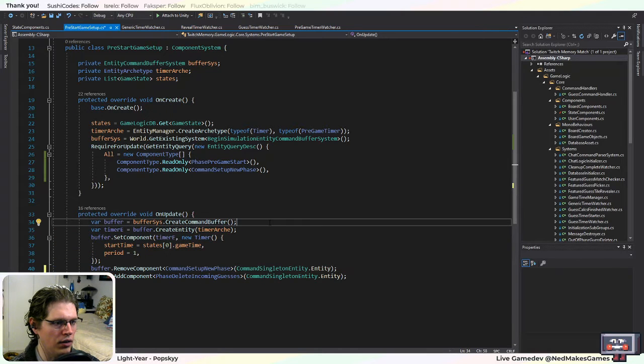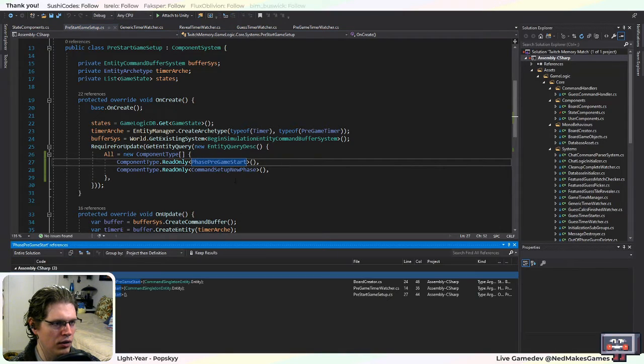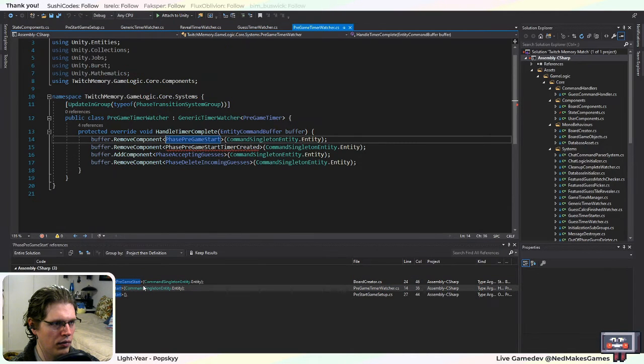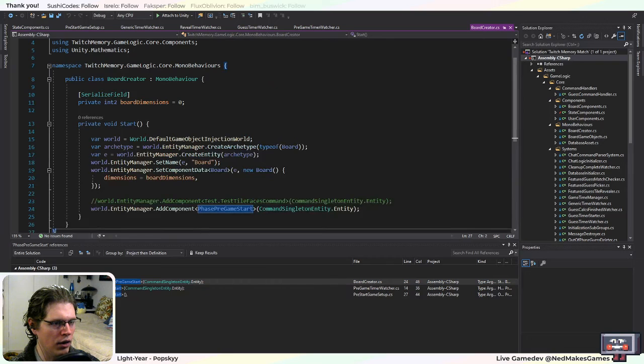Another way I could do it is just have the part that enters into this pregame start phase queue this to be removed the next frame. So this starts the next part, and the board creator is what